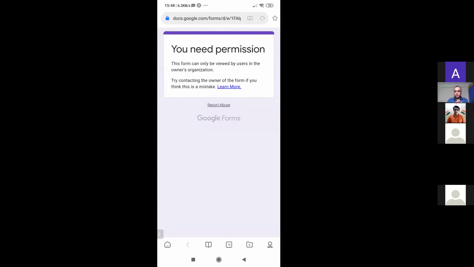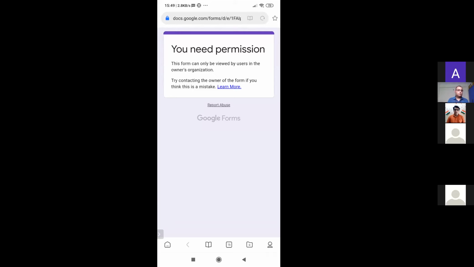Because my browsers are logged in with my personal email IDs, and nobody outside New Horizon School has permission to attempt this form. So now what do I need to do? Take care of this error. You will be getting this error whenever you are opening the form, and soon you will be getting practice tests from your teachers. So how to resolve this error?